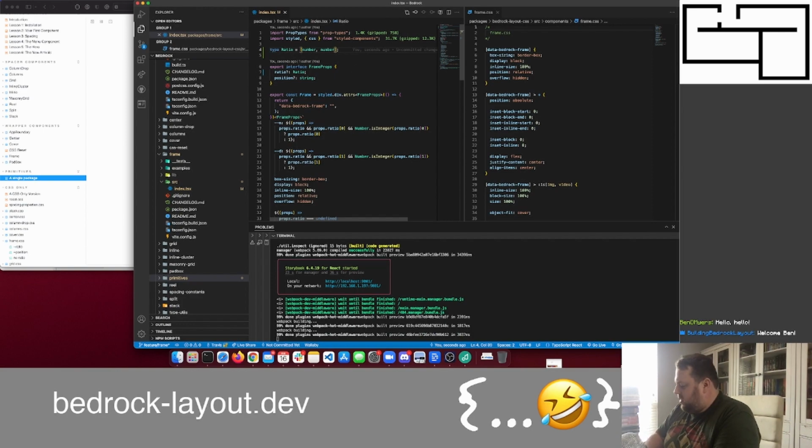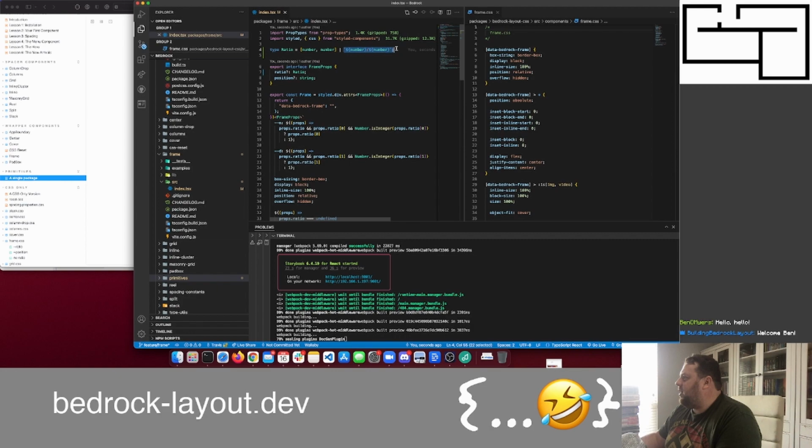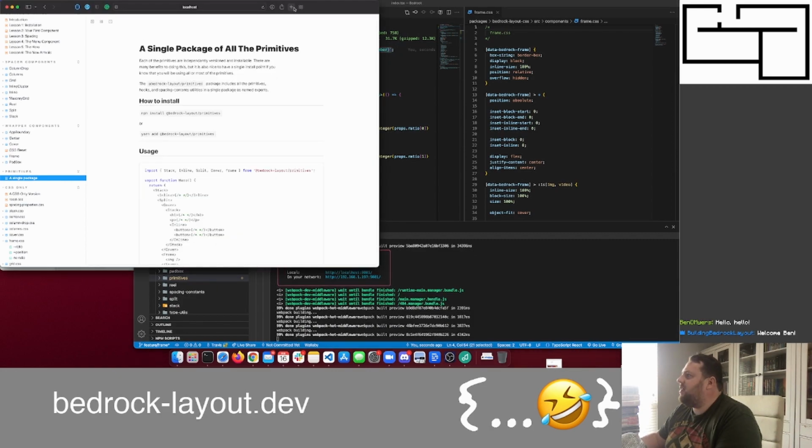The other thing we can say it can be, and this blew my mind once I started seeing that you could do this, is that we can have a number. Oh my goodness, it just filled it in for me. So now we're saying a ratio can be a string of number / number. And if we want to play around with this so we can see it,